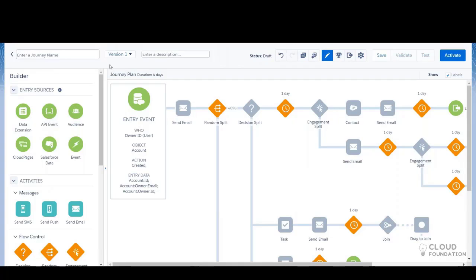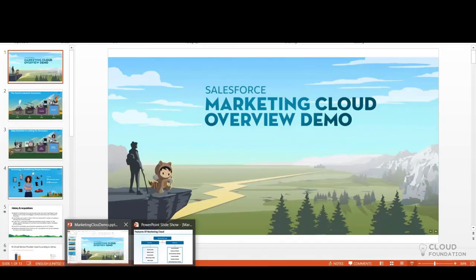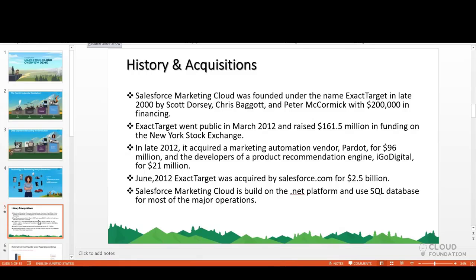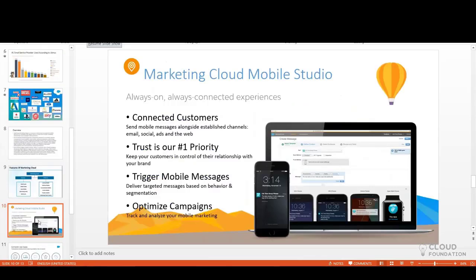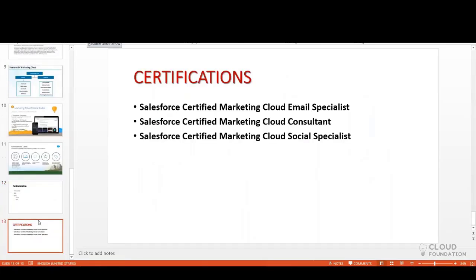Coming to certifications, we have three certifications in Marketing Cloud. The first one is Email Specialist, then Marketing Cloud Consultant, and Social Specialist.